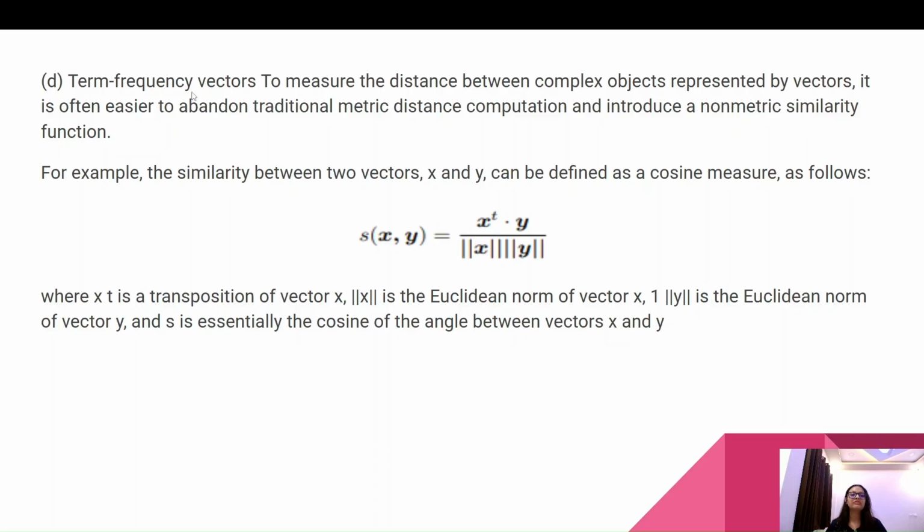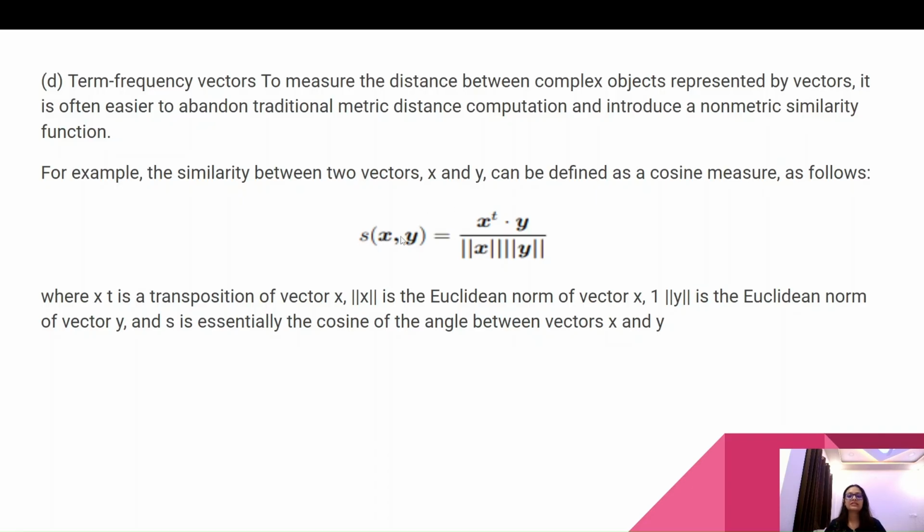D, term frequency vector, to measure the distance between complex objects represented by vectors. It is often easier to abandon traditional metric distance computation and introduce a non-metric similarity function. For example, the similarity between two vectors x and y can be defined as a cosine measure as follows: